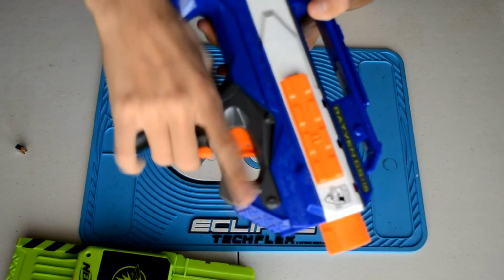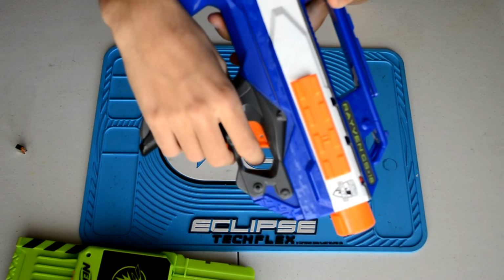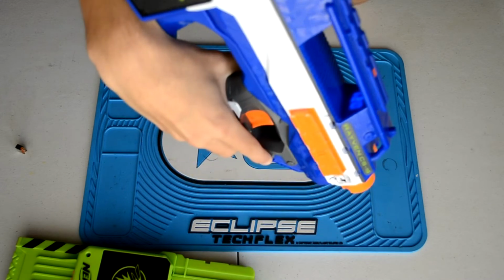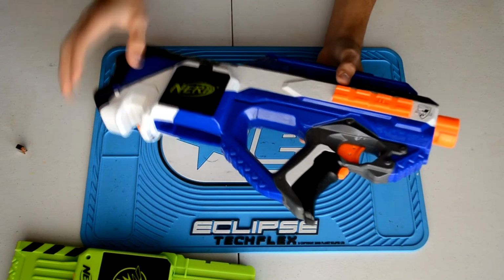So that's really cool. It's right there, so whenever I'm playing, I can rev it up, see what I'm doing, firing and stuff, and then if I think my battery's running low, I just move my trigger finger up to the button and press it, and it shows me exactly what my voltage is. So that's really cool. And then the last thing I did was my fast deceleration switch, which I did